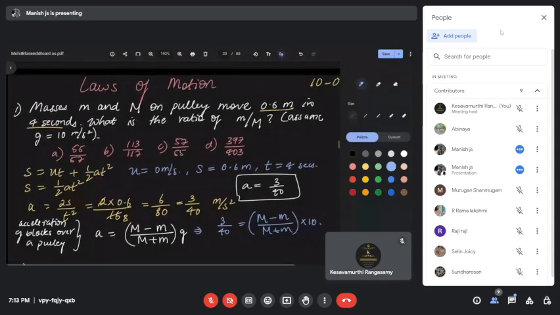ஈக்குவேஷனை நீங்க எக்ஸ்பேண்ட் பண்ணி ரீஅரேஞ்ச் பண்ணீங்க அப்படின்னா you will be getting 3 times capital M plus 3 times small m is equal to 400 capital M minus 400 small m. இப்படி வரும். சார் அப்படி பண்ணா வந்து 397 கேபிட்டல் எம் ஈக்குவல் டு 397 ஸ்மால் எம்னு வருது சார். 397